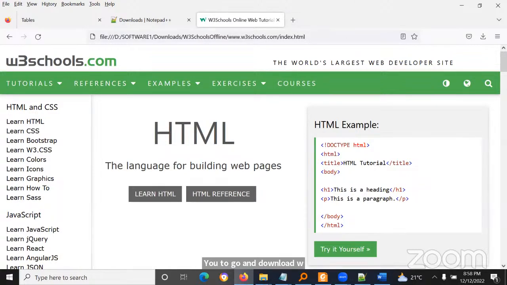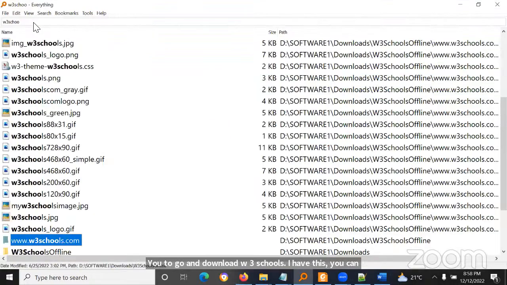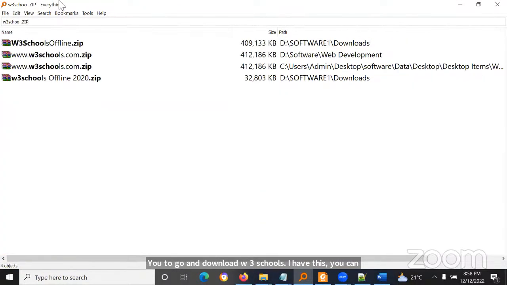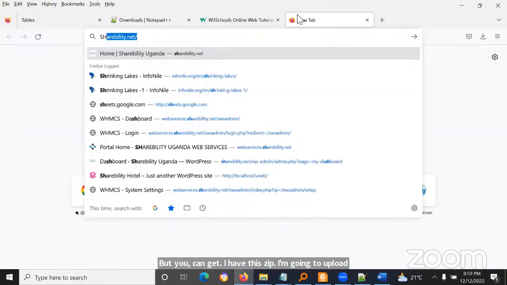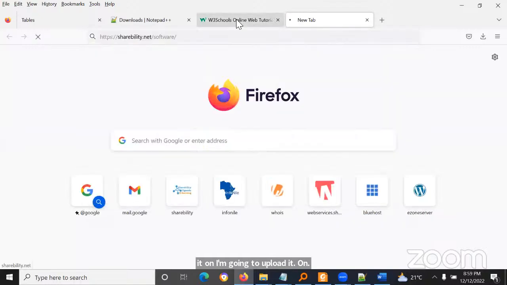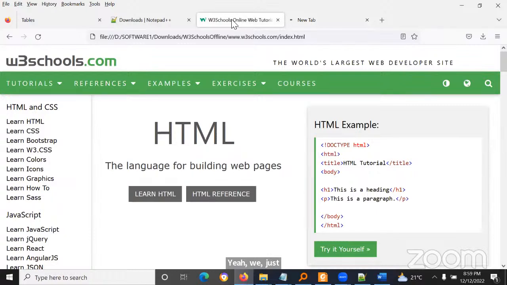I have this, you can have it on your computer. Of course, you can use it online, but you can get, I have this zip. I'm going to upload it on ShareBite software. You can download it from there directly, or you can just use HTT